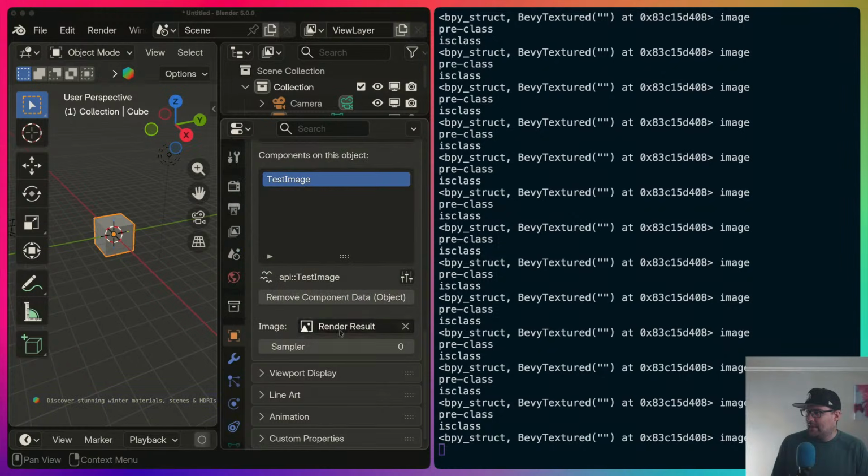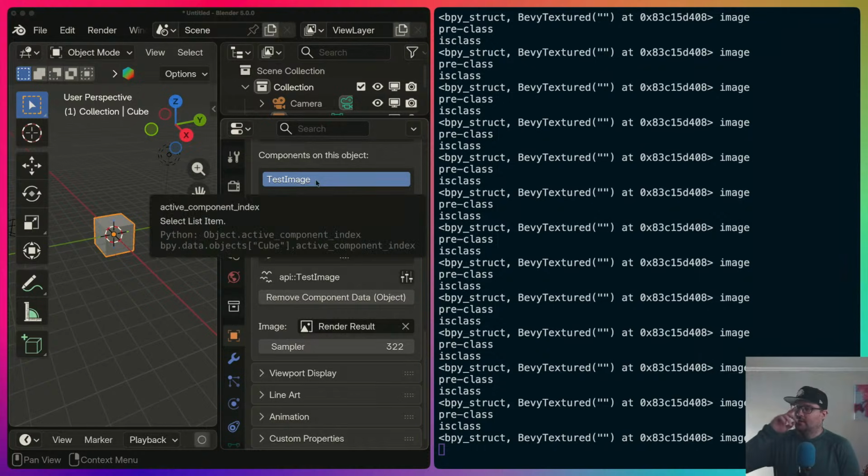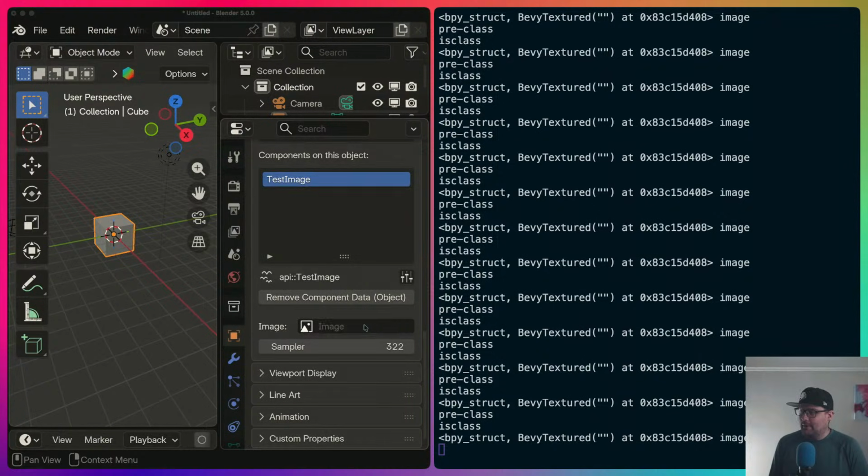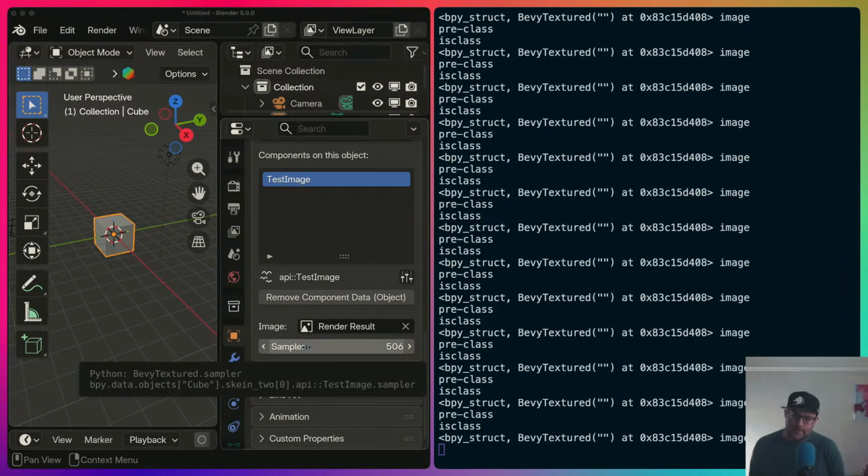Okay, that, perfect. This is it. This is the fix. Assuming I didn't break anything else, this is the behavior that we are going to see for images. In Blender, you are going to be able to select an image, and then I'm going to have some more data here that is going to be, I haven't decided quite yet. I think because this is going to be custom UI, we go straight to the Bevy representation. And thus the handling of this is going to be